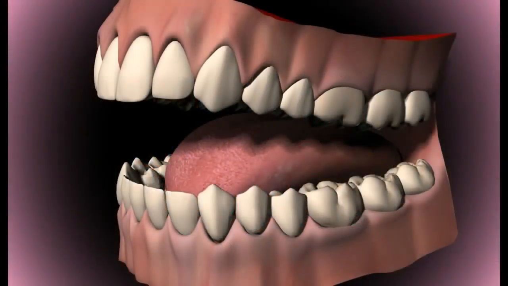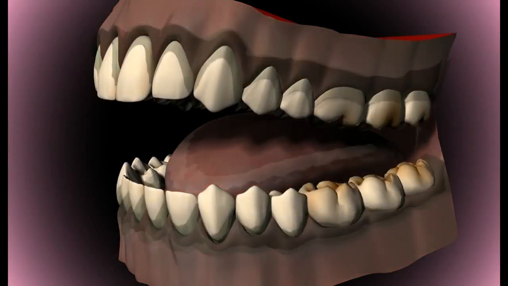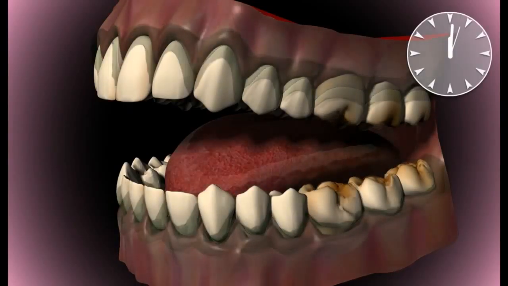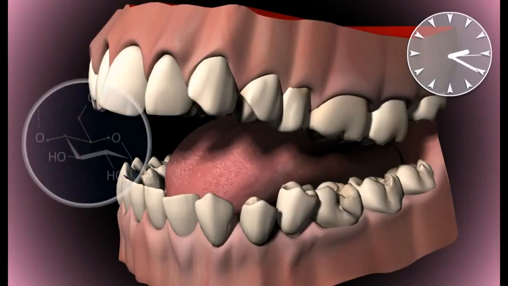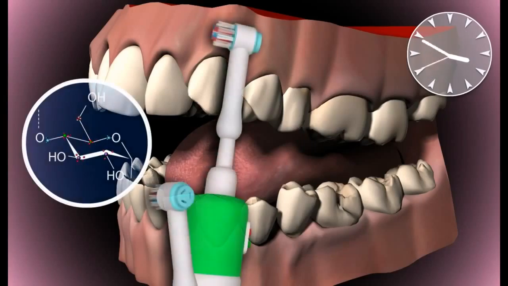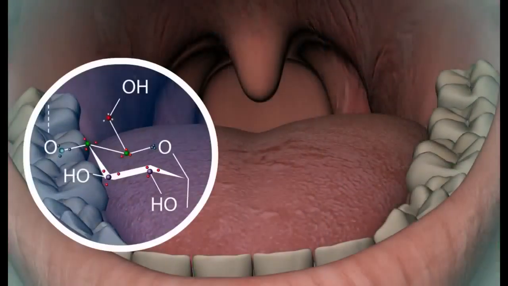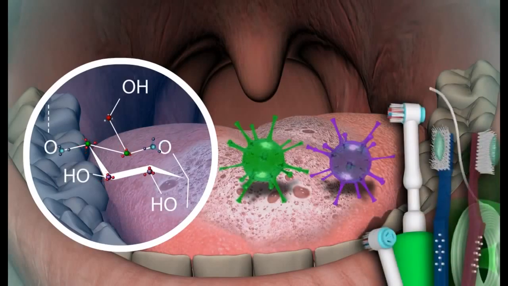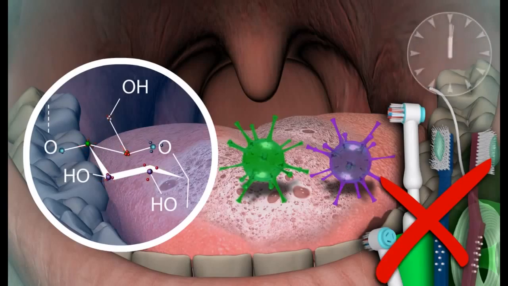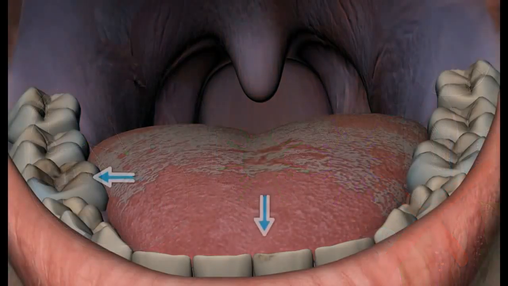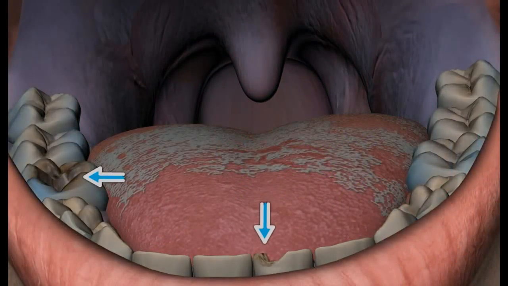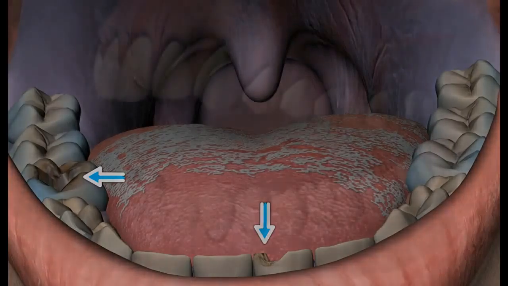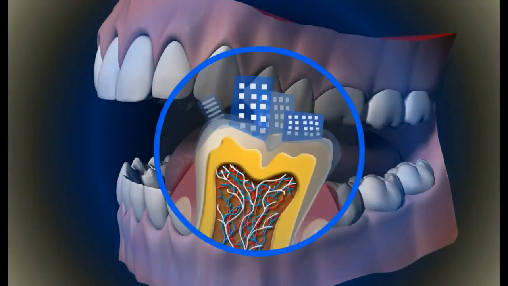The most important factors are certain host factors, plaque, and time. Host factors encompass all the factors relating to the host, such as tooth anatomy, saliva composition, and cleaning habits. Plaque is a layer on the teeth consisting of saliva parts, bacteria, and carbohydrates, and forms when the teeth are not cleaned properly. When all these factors come together, bad cleaning habits, plaque, and time, they lead to the formation of caries.